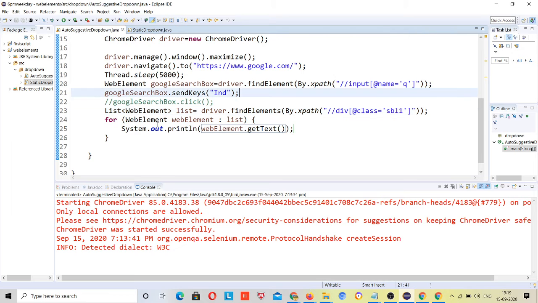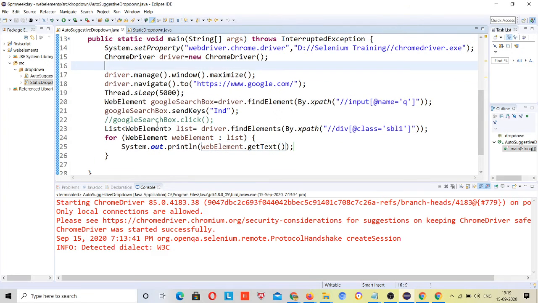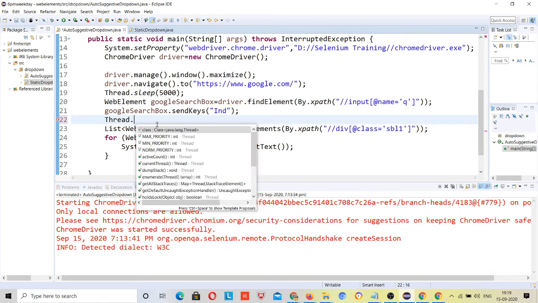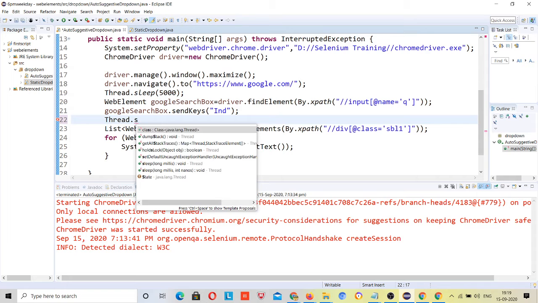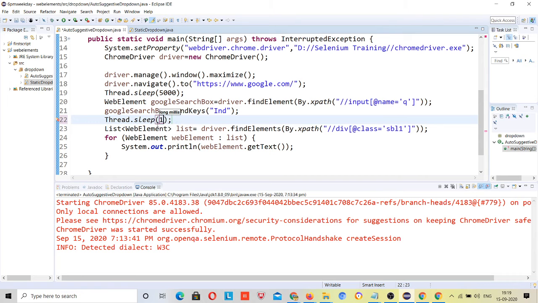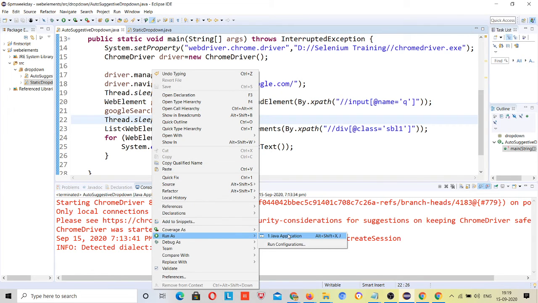Okay, now here we will give some wait after typing this so that results are loaded, right? Select 1000 2003, just right click and run it.